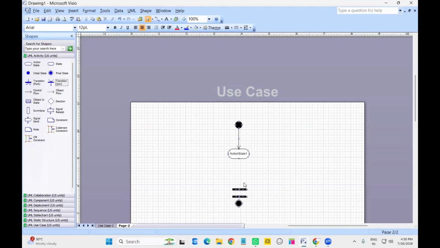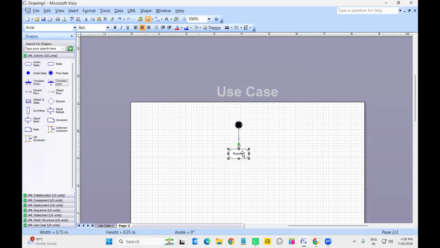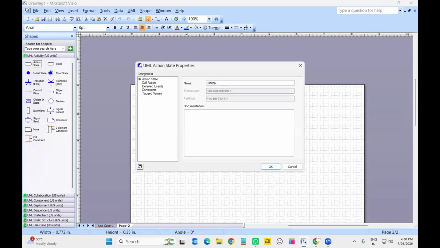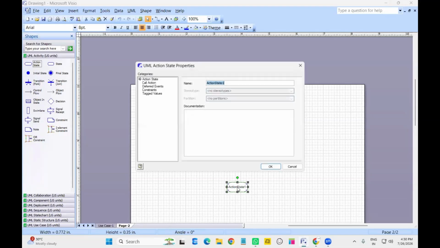Okay. So now let's start with the normal flow. Here I will explain four types. One is the normal flow, the next one is the decision box, next is how to use the fork and join, and next one is branch and merge. Let's go with the normal flow, that is registration. The user wants to register, so I am using register. For register, the things we need are the username, you need to enter the username, and next one is the password,